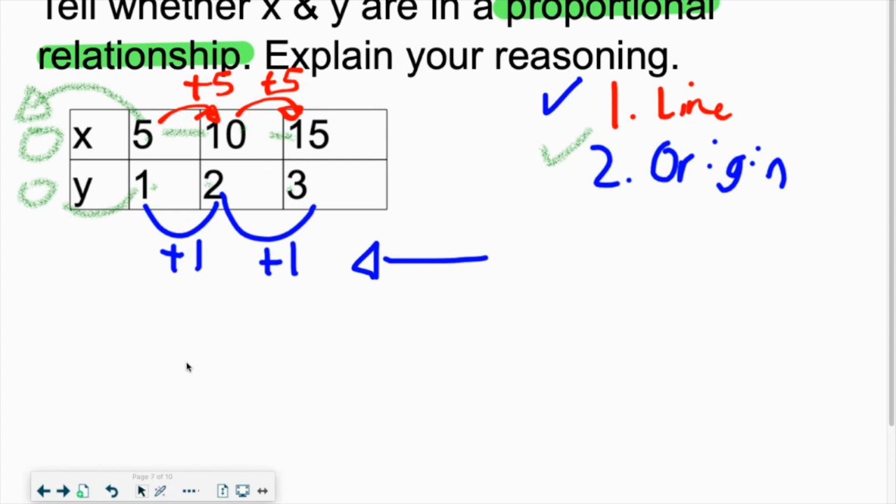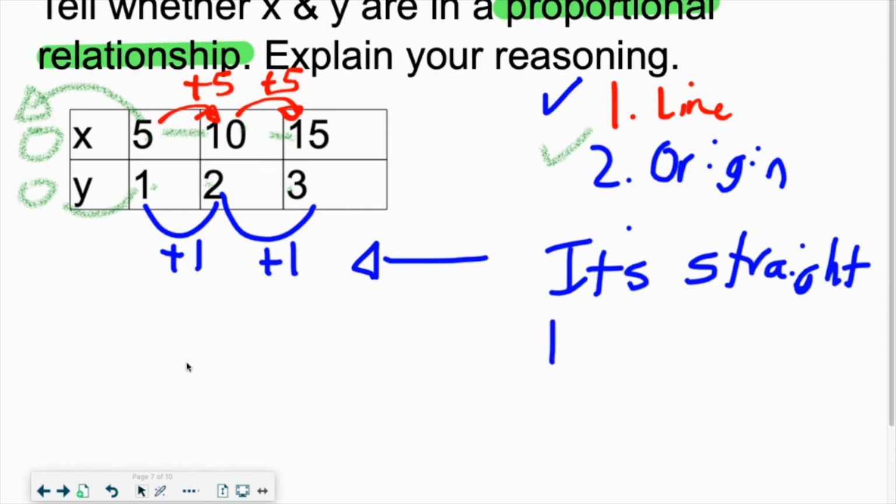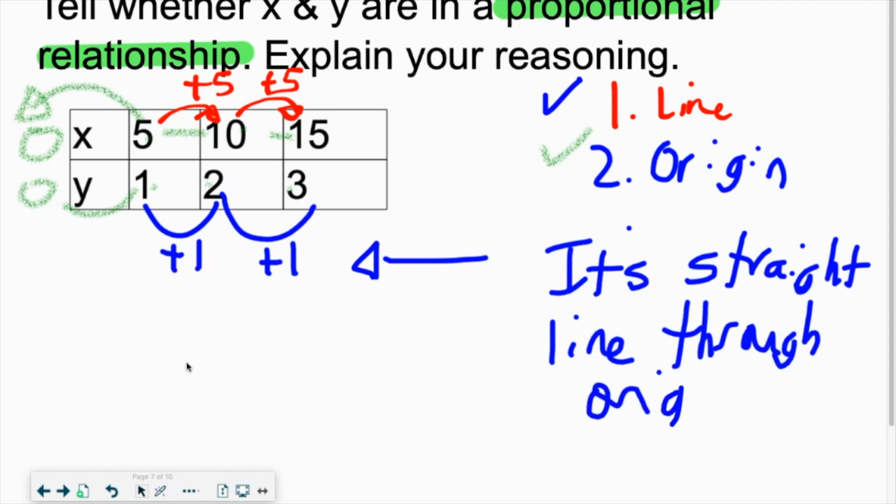It is a direct variation. Explain your reasoning. It's a straight line, or just a line, you could say, through the origin. Now, the instructions don't say that here, and I'll change that for our notes for future reference, but